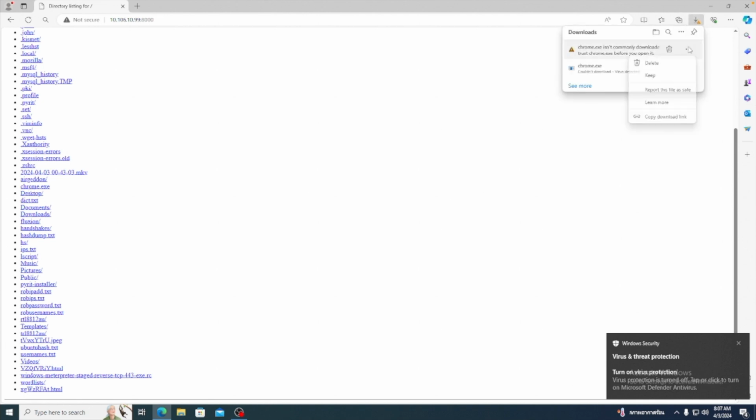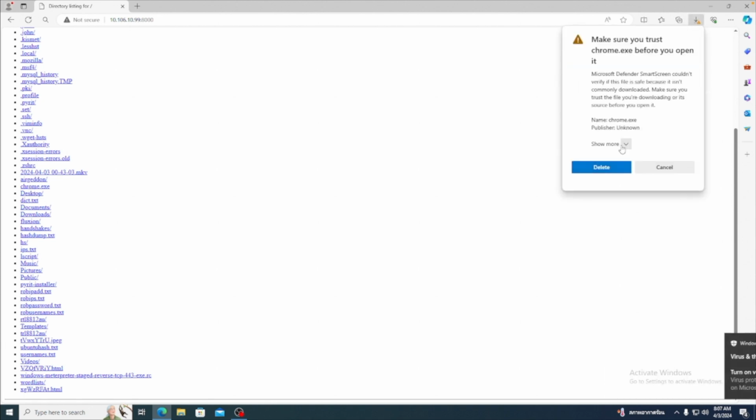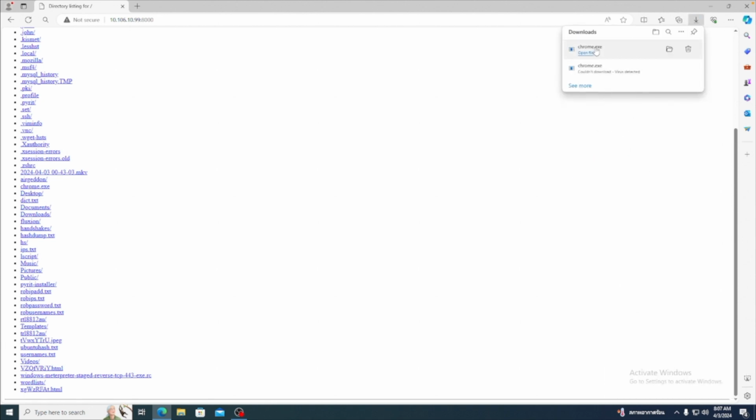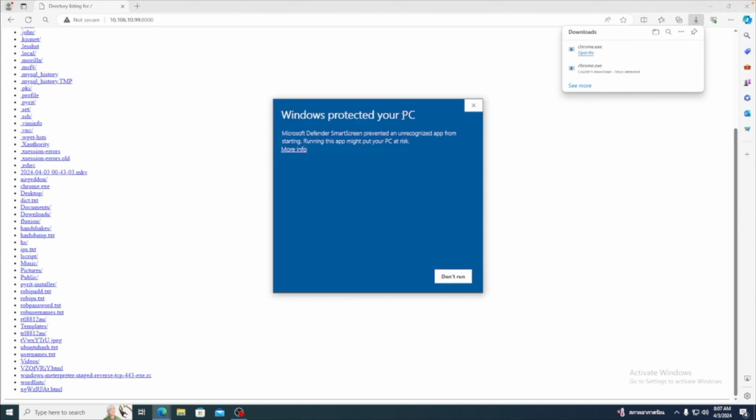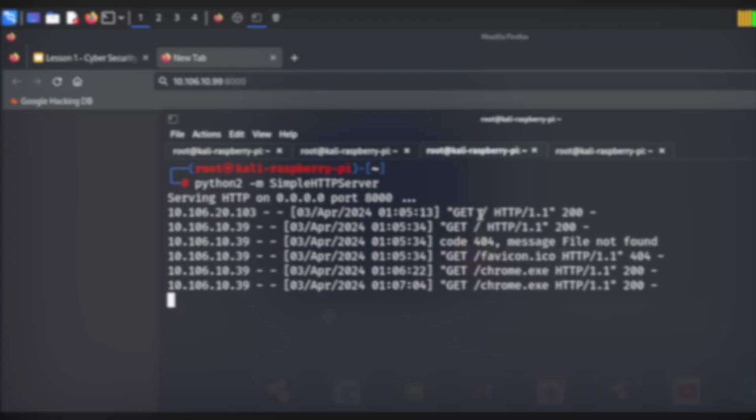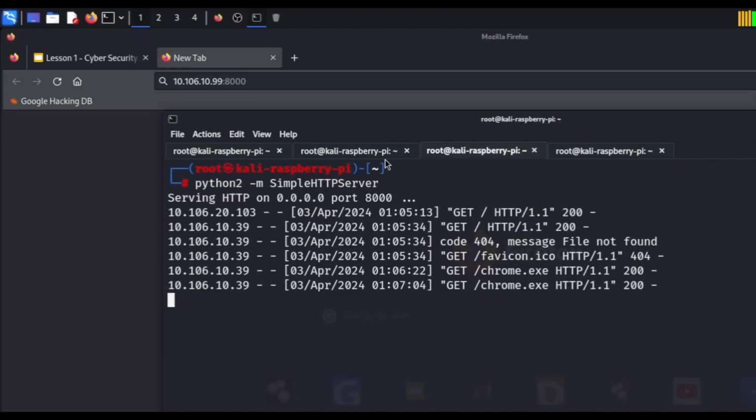the file. Now, when we click on the three dots and click on Keep, we need to select Keep Anyway. We then want to open up the file, click on More Info, but we do not want to run just yet. Okay, so now that we have transmitted our file, the next thing that we want to